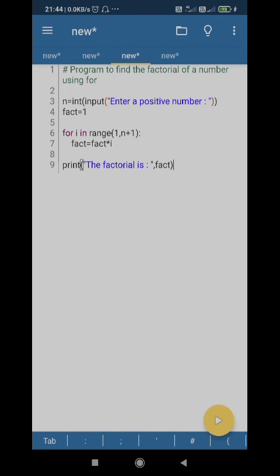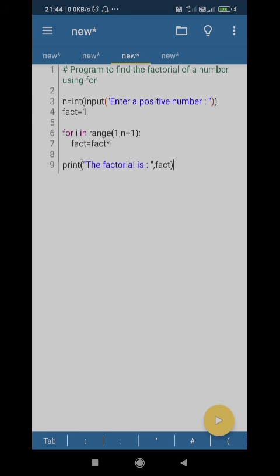That's all. So here we have this range function. The range function creates a range of items for iteration for the for loop. So the for loop will start from I equal to 1, because the range is starting from 1 to n plus 1, because in the range function the loop will take from 1 to the last number minus 1. So if you want to include n, then you have to give n plus 1, then only it will go up to n.